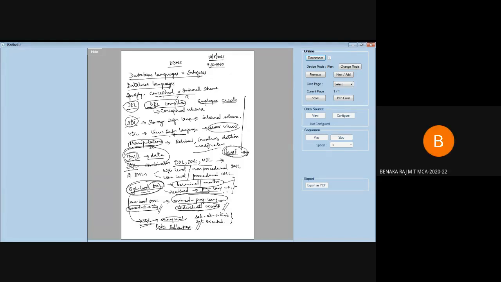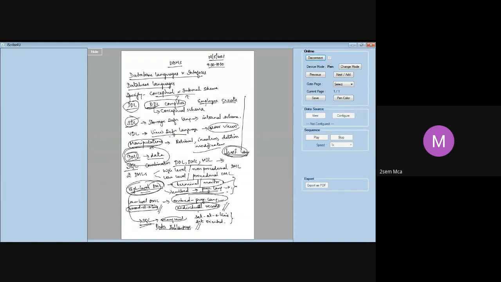Ma'am, can you give the example for low-level DML? Any low-level DML, I cannot give you a language example, but for any DML command, the syntax may vary slightly depending on the language that you are using, but you are going to always embed it in the SQL only. When we come to lab, I will show you some of these commands.